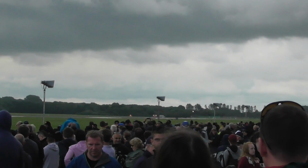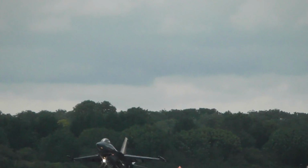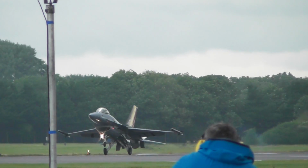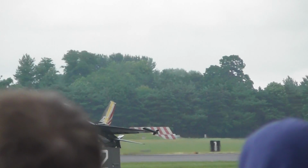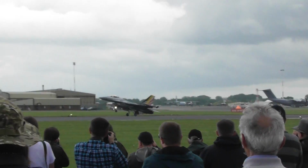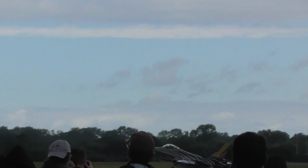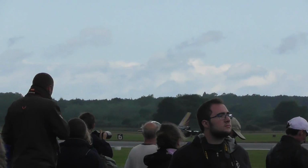So, coming into land from our right after an excellent demonstration of the F-16AM Fighting Falcon, that was Commandant Aviateur Tom de Mortel of 10 Wing of the Belgian Air Component at Kleine Brogel. And the Benelux countries well represented in this part of the display because the Royal Netherlands Air Force is next to take centre stage. And to talk you through, we have captains